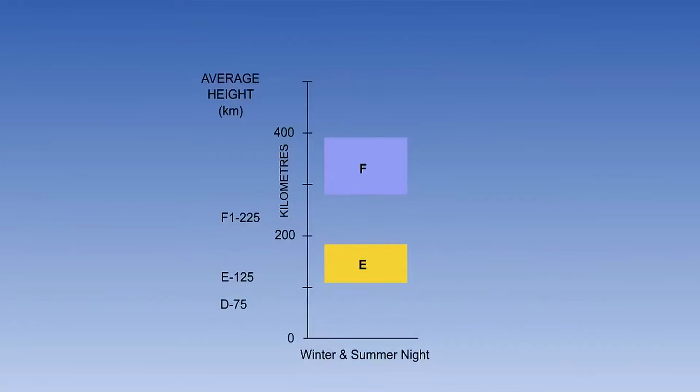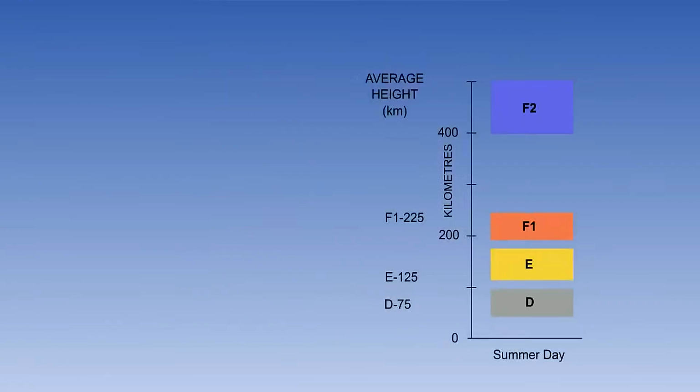Consequently, these layers are responsible for the most skywave propagation of radio waves, facilitating high-frequency radio communications over long distances. This frequency band is commonly known as shortwave and lies between 3 and 30 MHz. During the summer, as the sun shines more directly on the Earth, the F2 layer is higher, and so radio waves will be refracted further.